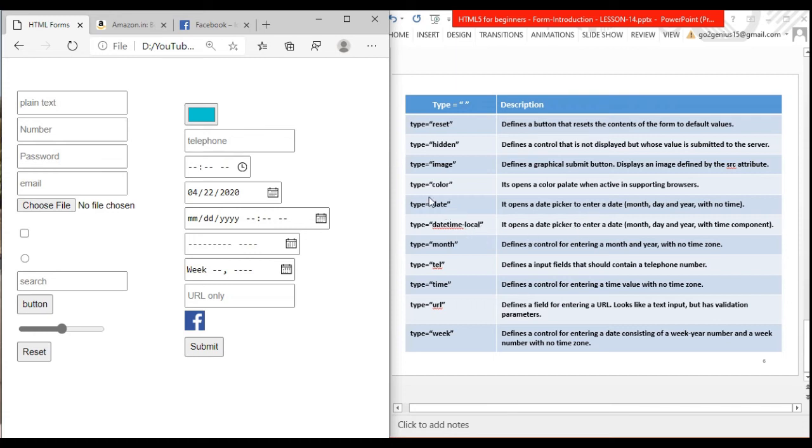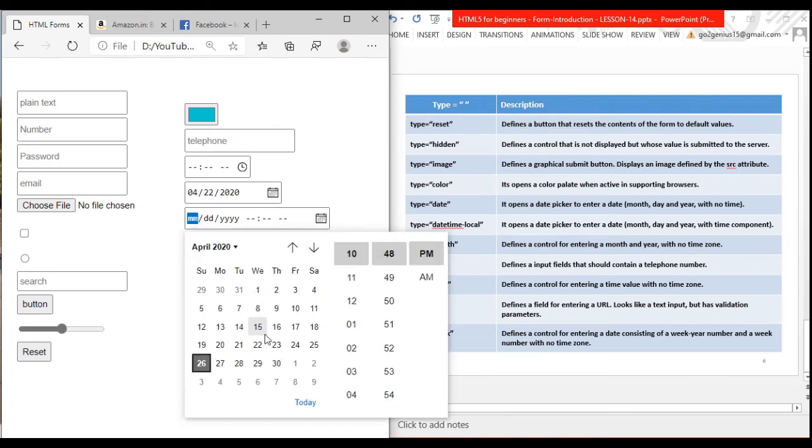And next is datetime-local. Same as the date, it shows the date selected from the calendar and also shows the time. Let's see. Here I have selected the date and it's showing the time.